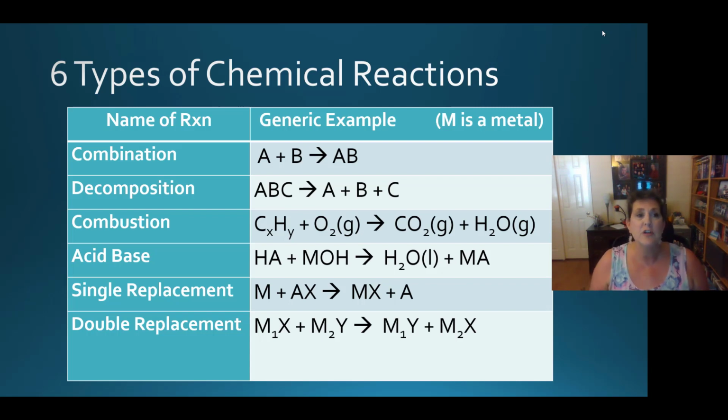The third chemical reaction is combustion. This is fire. So fire requires what to support a flame? You're correct if you said oxygen gas. So for combustion reactions, we're always adding something to oxygen gas. So the reactant side is something plus O2 gas. That something in Chem 130 is a hydrocarbon. That means a chemical made up of hydrogen and carbon. So CH compounds.